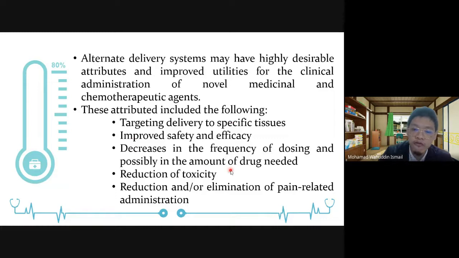So the idea of selection of the type of delivery, or the idea of increasing the technology of drug delivery, is attributed to these properties. Because at the end we want to ensure it is suitable for the patient, and that it can treat the patient with high efficiency. That's why the idea of choosing a novel drug delivery system, developing some kind of new technology in the delivery system.